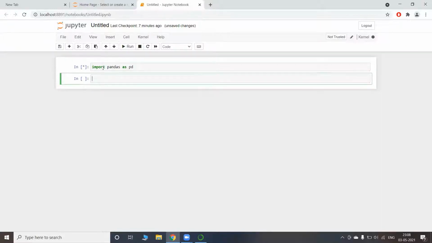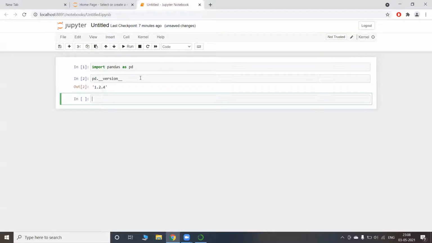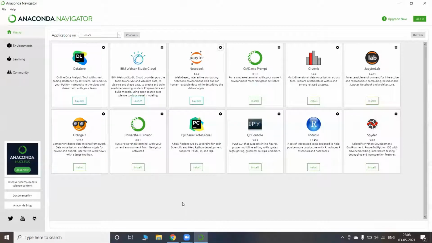And we will run this. So it has been successfully installed. To check the version of pandas, we can do pd.version, and it is showing 1.2.4. So this is how to install any package from the GUI interface.